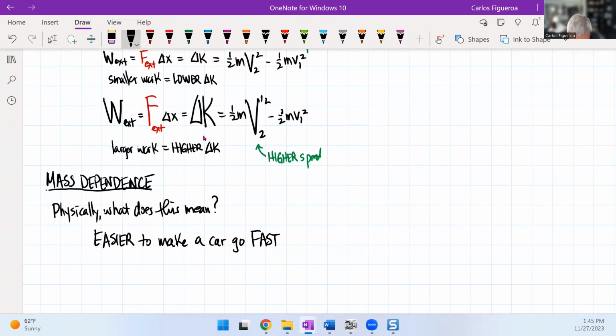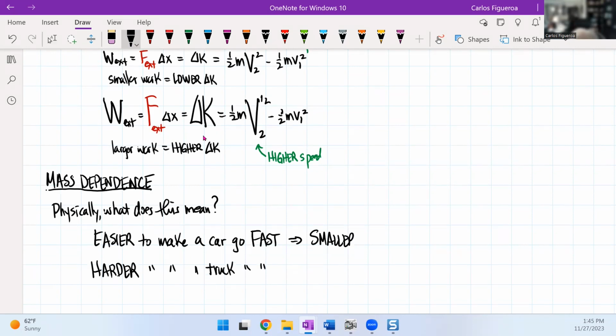So it's easier to make a car go fast. It's harder to make a truck go fast. So because it's easier, we then say that you have a